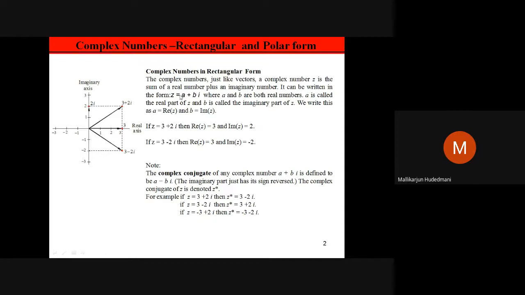Therefore this kind of format, inclusive of either i or j as an operator, we call the rectangular form of representation of a quantity. Then a and b are real numbers. The real part of z is a. If I say a vectorial representation, a vector z is composed of two parts: one is a real number and the other is b operated by a complex operator i. Hence this representation should happen on a complex plane.